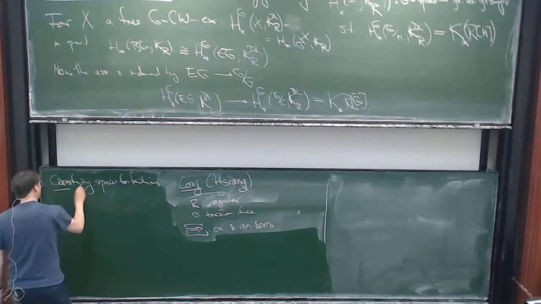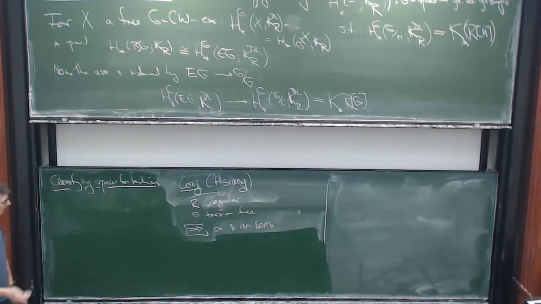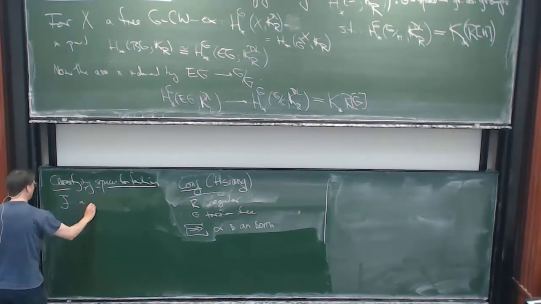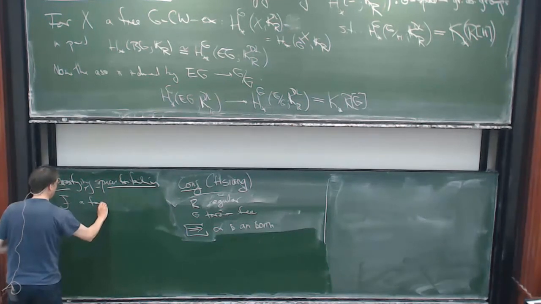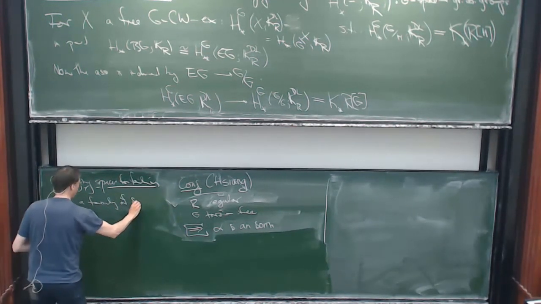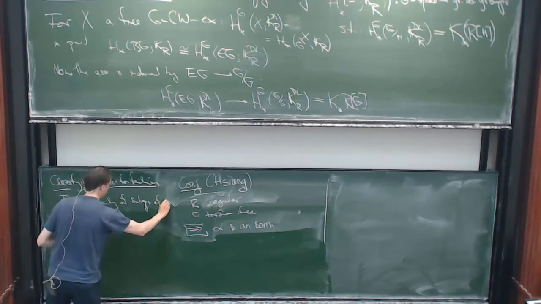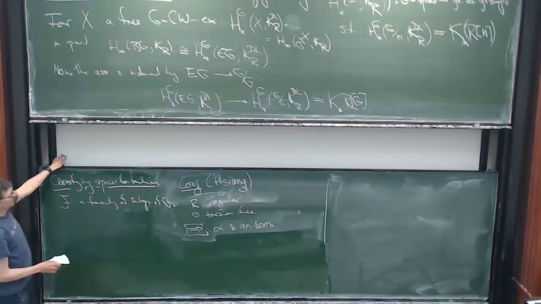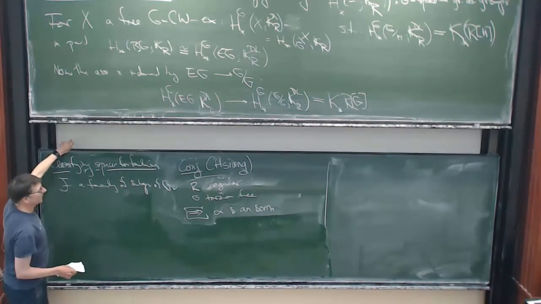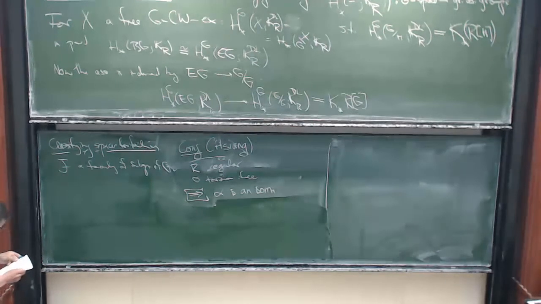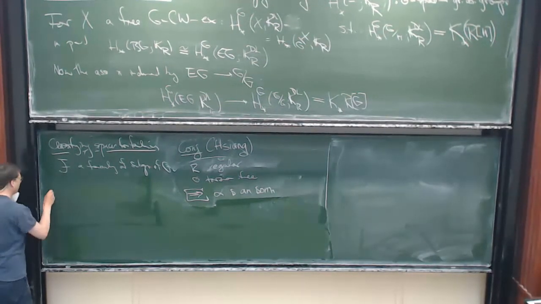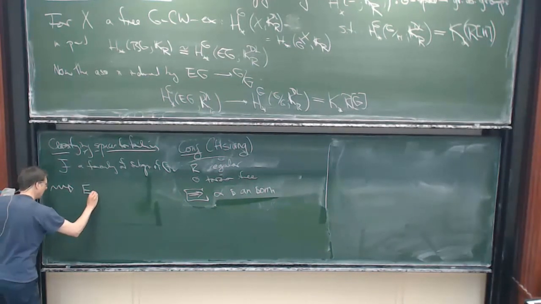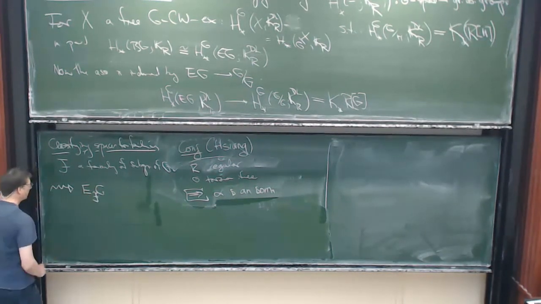for families, and here families refers to collections of subgroups of our group G. So F is a family of subgroups of G. This just means it's a collection of subgroups that's closed under two operations, namely conjugations and taking subgroups. And whenever we have such a family, then we can build another space, another G CW complex,